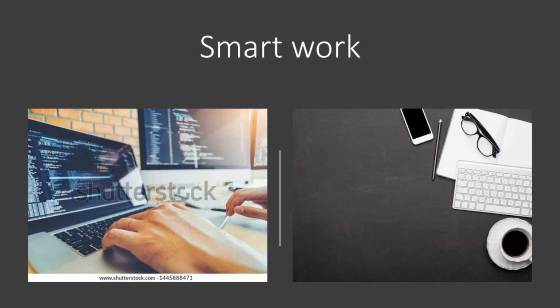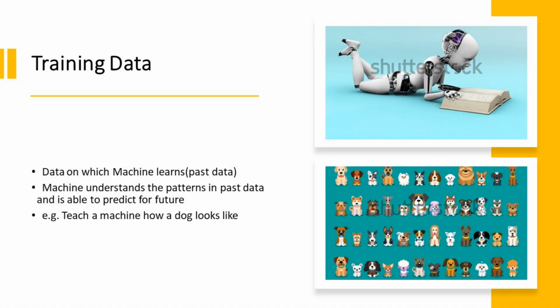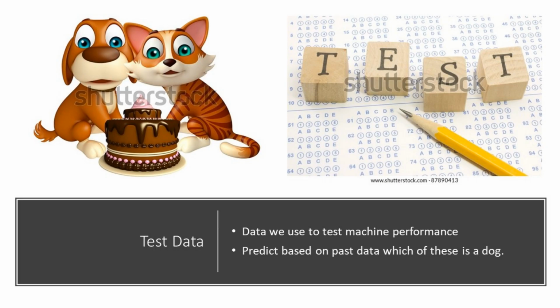Now we will have training data and testing data. Let's say I'm trying to teach a machine which type of people are likely to default. Let's take the analogy of a dog. Let's say I'm trying to teach a machine to identify which of these animals is a dog. These are the different types of dogs that I have shown the machine. It learns these by heart and understands that if it sees any of these, it's a dog. Then I will show the machine a dog and a cat, and ask it, tell me which one of these is a dog. The machine should be able to tell me.